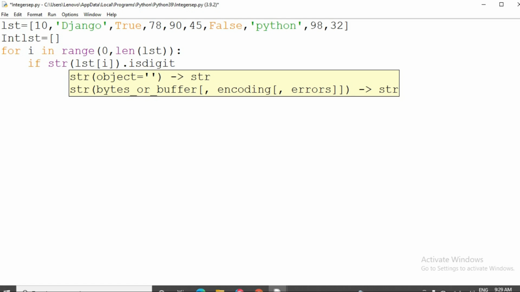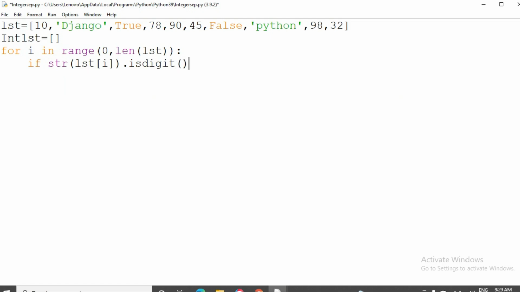To perform that, I am applying the isdigit function. It returns True if all the characters in the string are digits. The element is converted into a string, and it checks whether all the characters in the string are digits. If they are digits, it will return True, otherwise it's False.